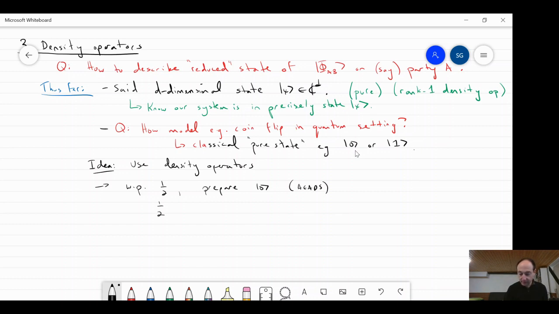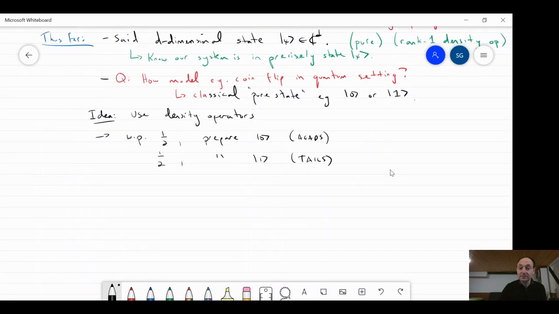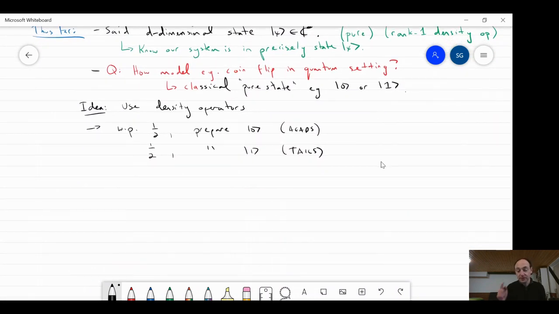With probability a half, we prepare 1, which is tails. And the way we describe this randomized mixture is going to be not as a vector, but actually as a matrix. So the state, the corresponding density operator,